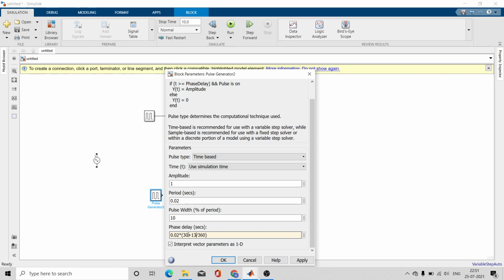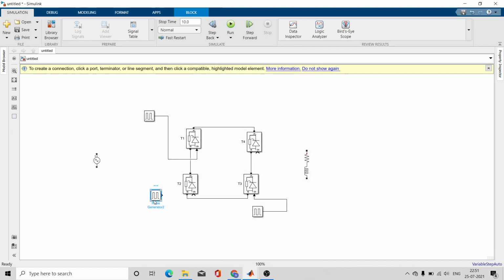Okay, so if you are giving first pulse at 30 degree, then the next pulse for rest of the two thyristors will be at 30 plus 180 degree. Okay, that is 210 degree. Okay, let us copy this one and attach over here.